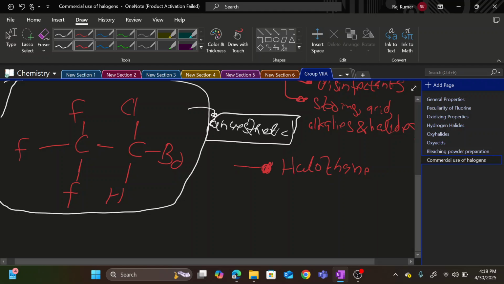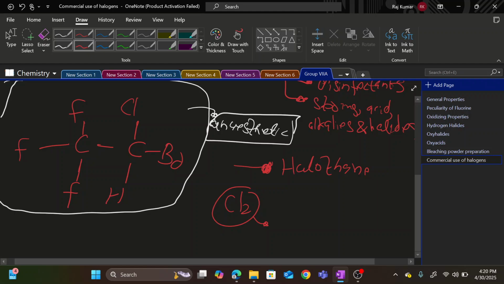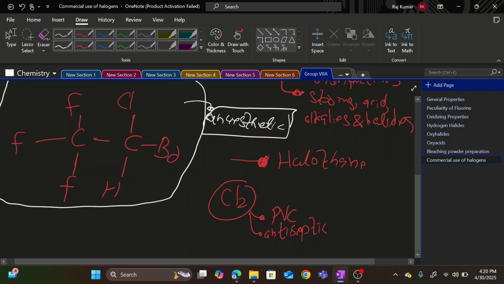And we have chlorine. Chlorine is the most famous one. It is used for the manufacture of chloroform, for formation of tetrachloromethane. It is used for making bleaching powder. It is used for making HCl, which is the cheapest acid. It is used for making polyvinyl chloride, PVC. It is used for making antiseptics, insecticides, herbicides,